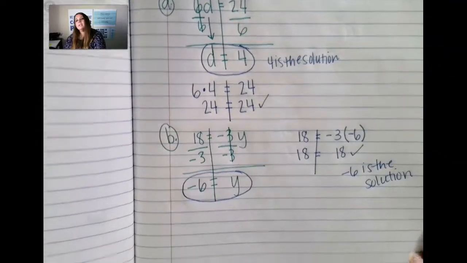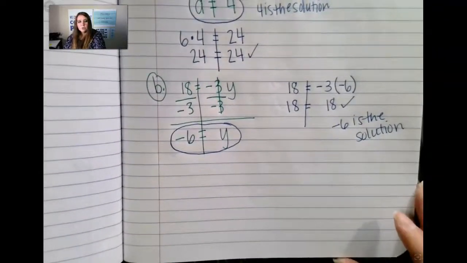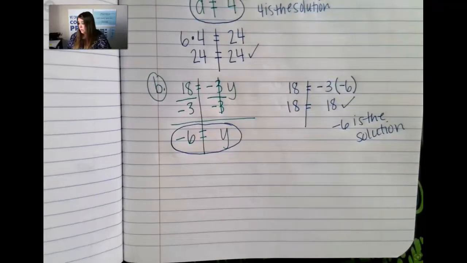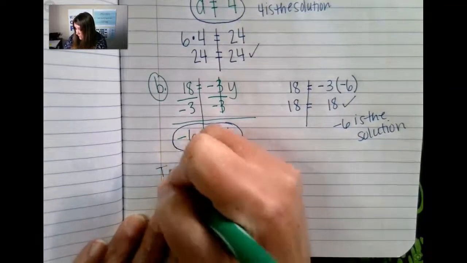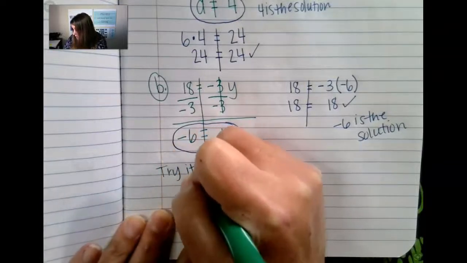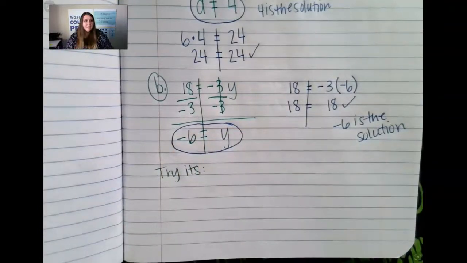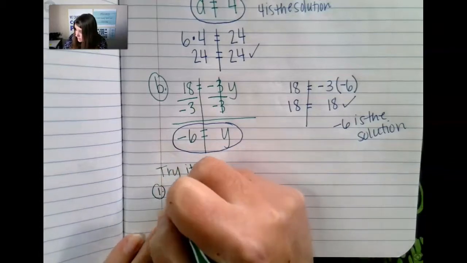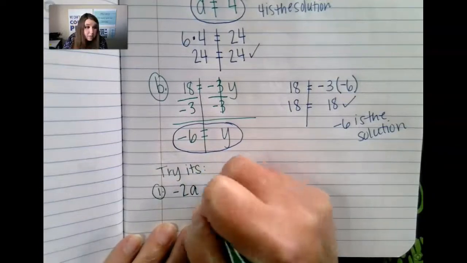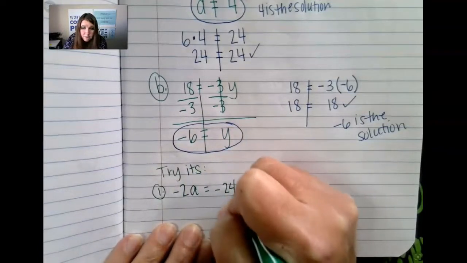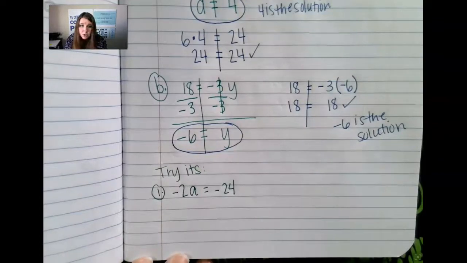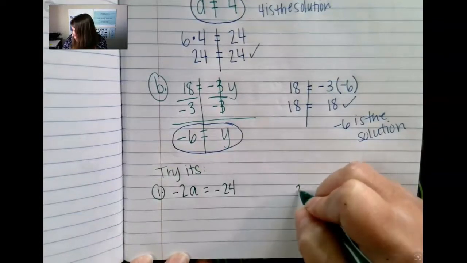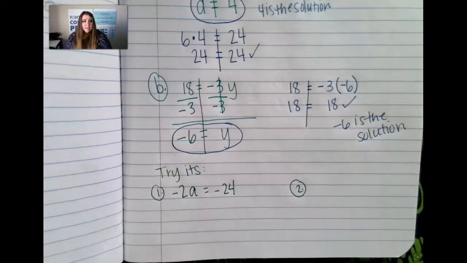All right, it is your turn to do a try-it with multiplication and division. So here are our try-its for today. Your first try-it says negative 2a is equal to negative 24. That is your first try-it. And your second try-it for today is,